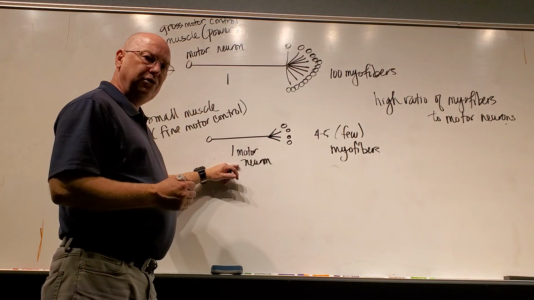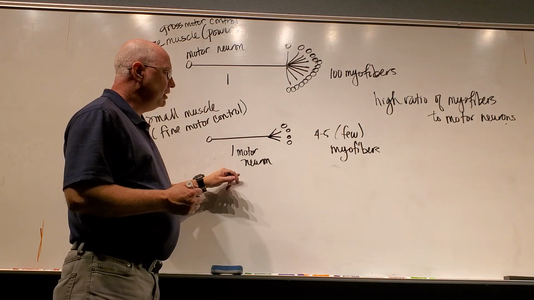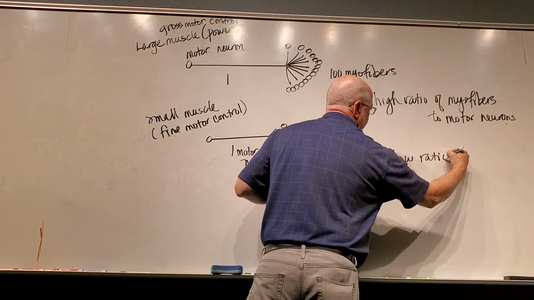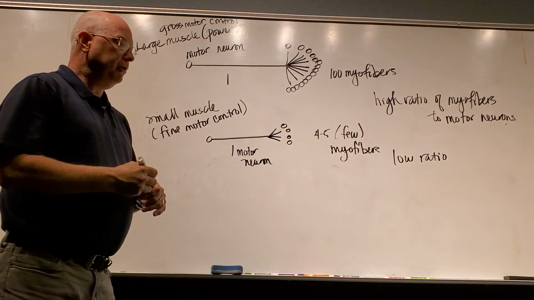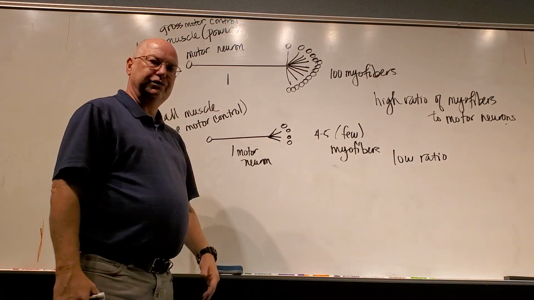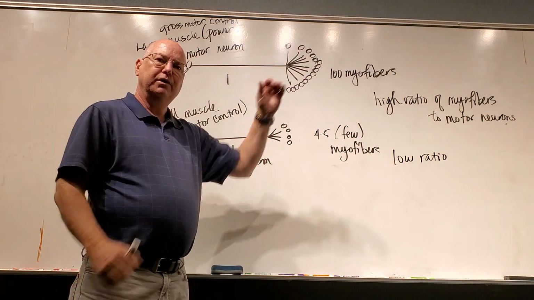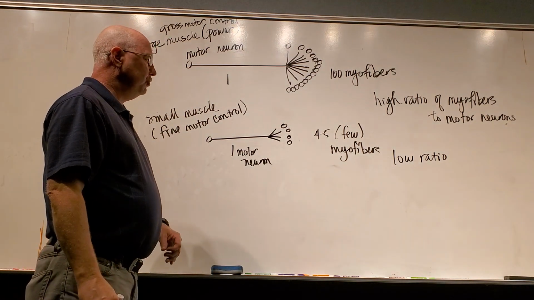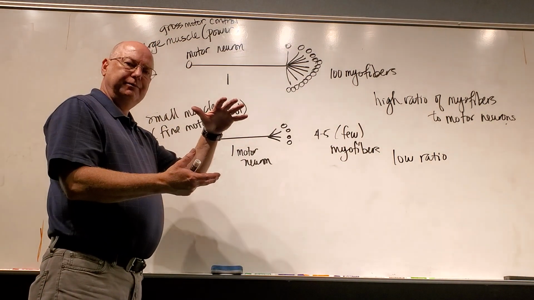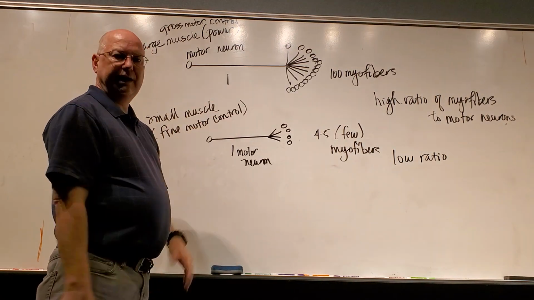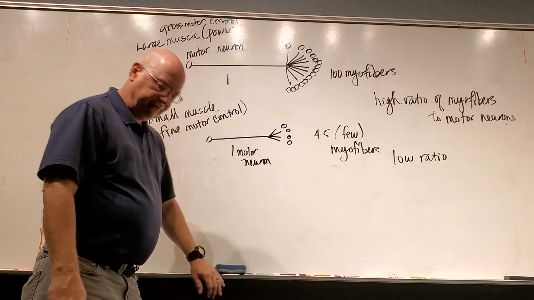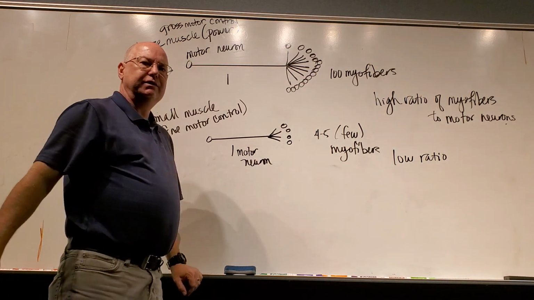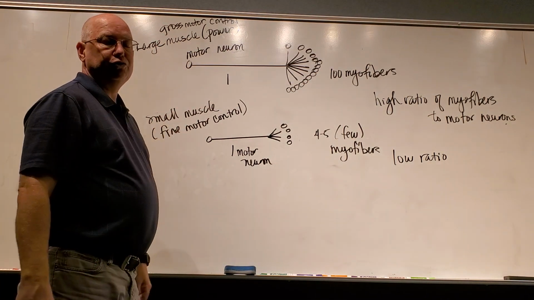When I want fine motor control for very small muscles, I can have a low ratio of myofibers to motor neurons. I have fewer muscle cells. I'm not going to generate as much power, but I can have very short, fine movements. And so if I took a real football here and I flicked it with my fingers, it ain't going to go anywhere. But if I flick it with my leg or with my arm, it'll move a great distance. Gross motor control